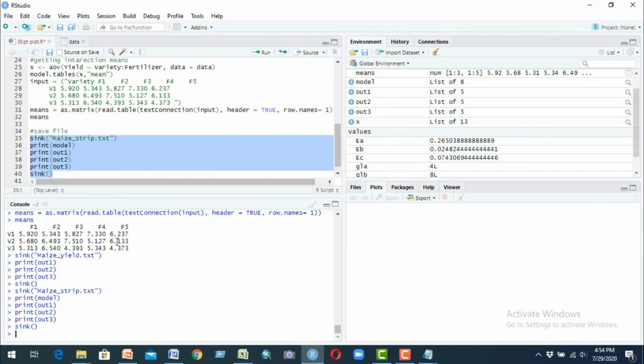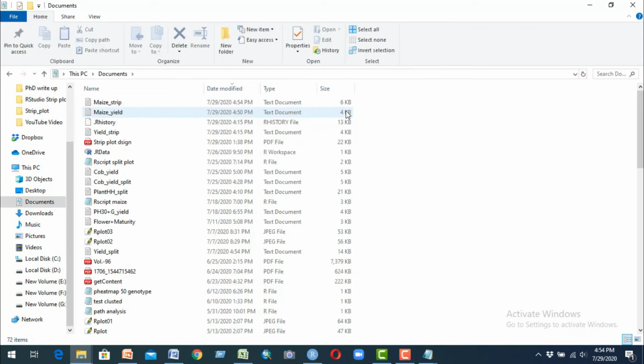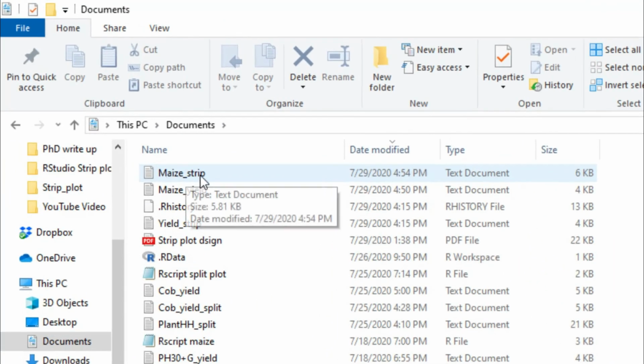run this. We can open our main file and go to our documents file. It is our maize strip.